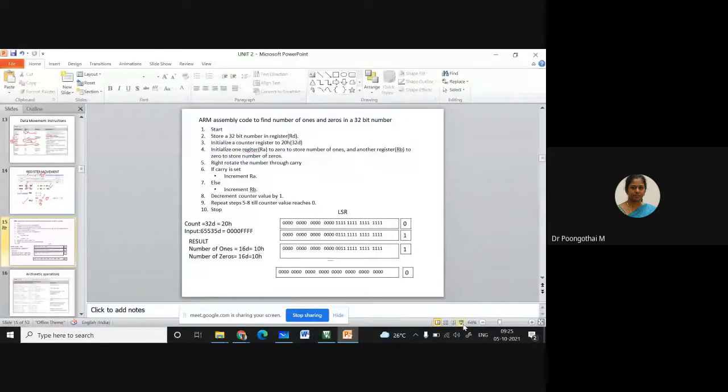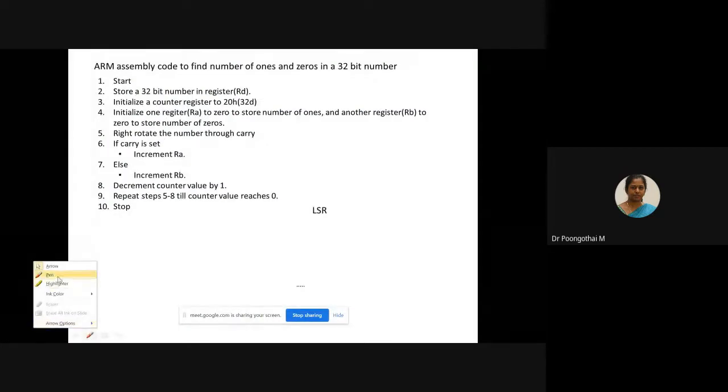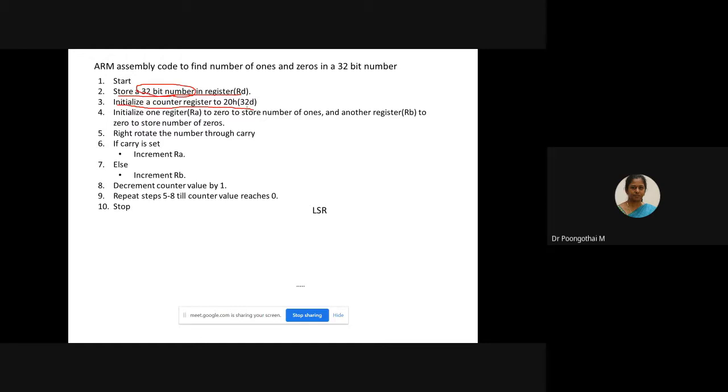So look at the algorithm. First you get the 32-bit number from your memory window. Any format you can get it, either the lookup table method or the memory window method. Next you have to initialize the count. The given input size is a 32-bit number, so the hexadecimal number is 20. You should load this value into a general purpose register. That will carry this 20. 20 is your count value, that is the number of rotations to be performed.